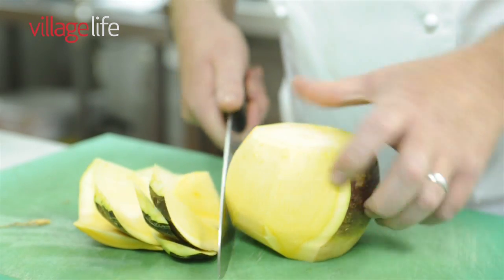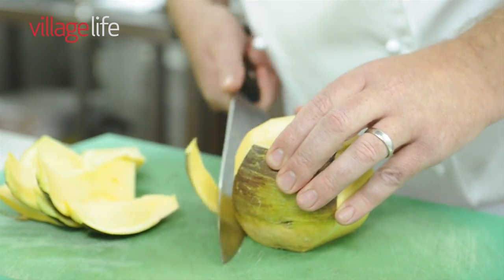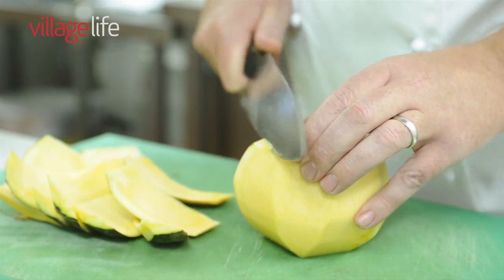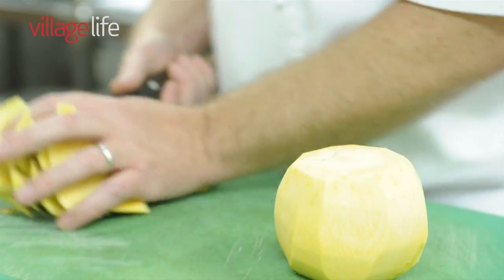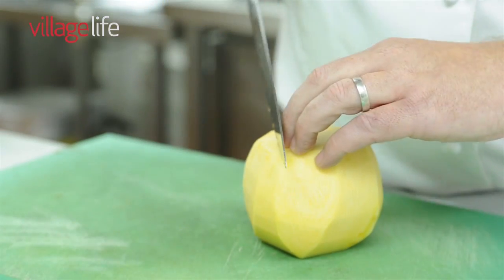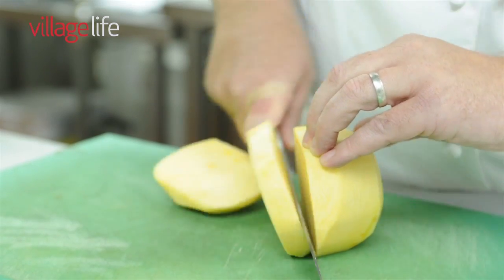You can see there's a white core there. I like to take that off so we get nice and yellow when we make our puree, and goes with the duck with great flavour. That's the swede peeled. And then to chop, just simply 1, 2,